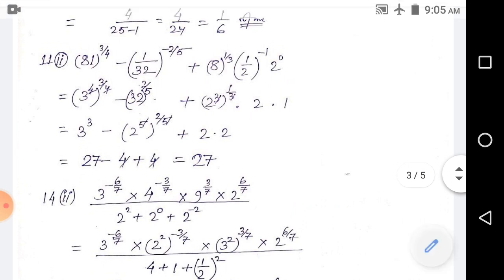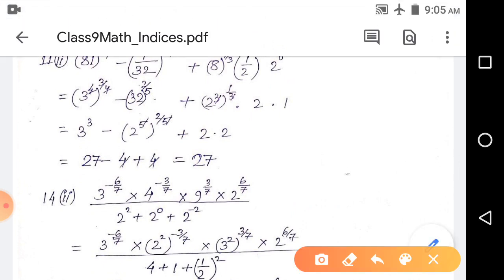Now see this, the powers are multiplied and what is left is 3 to the power 3. For this 32 we can write 2 to the power 5, so this 5 cancelled, so what is left is 2 square, and for this 2 square we can write 4. This 2 into 2 is 4, plus 4 minus 4 cancelled, and this 3 cube is 27, so it is the answer.